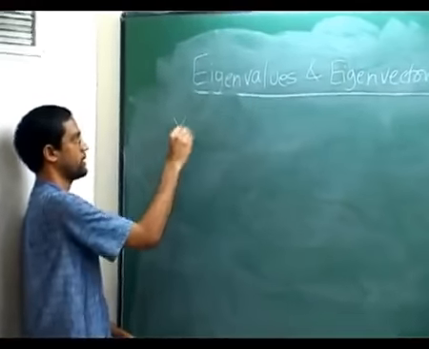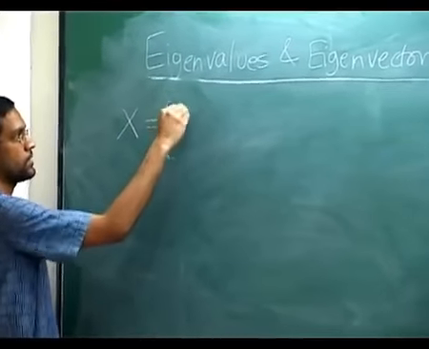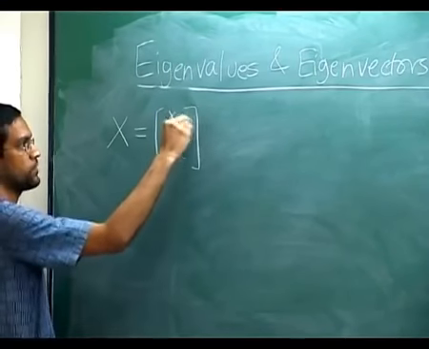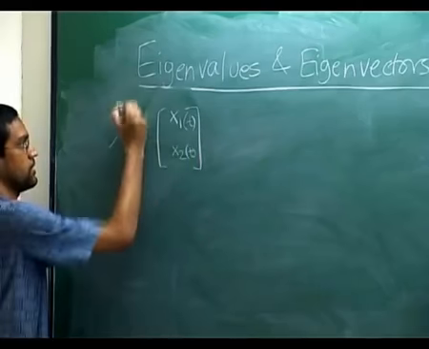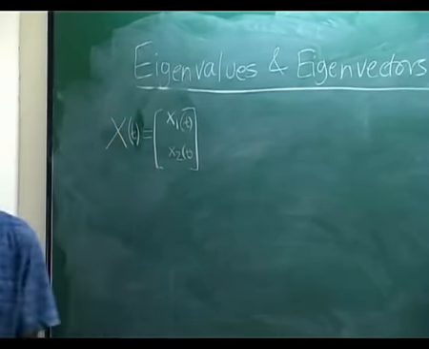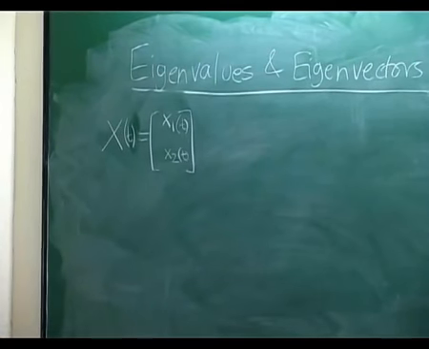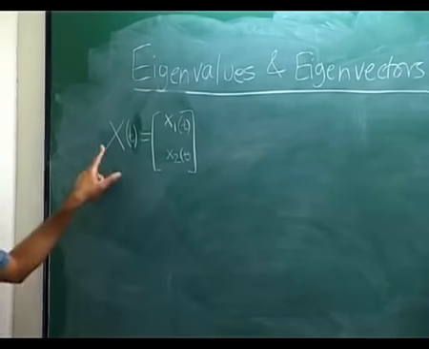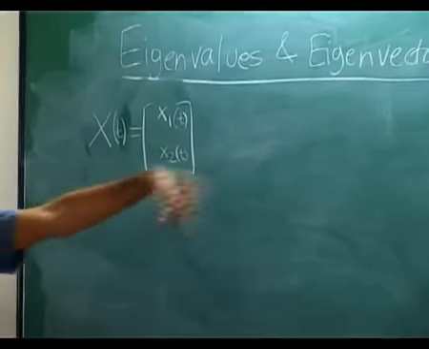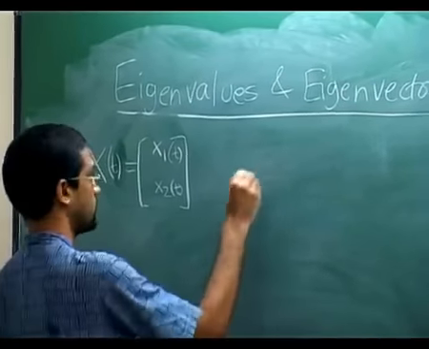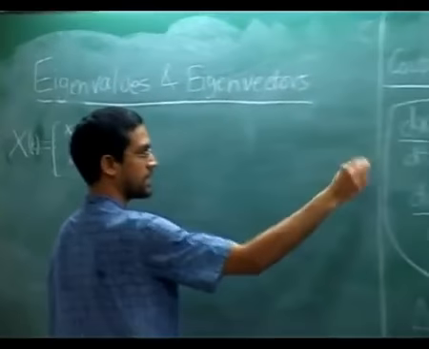Let's define capital X to be the column vector x1 of t, x2 of t. So it's again a function of t, but it's a vector valued function of t. You should think of X of t as a function of t, but the value is a vector. At every t it is a column vector of size 2. And this set of equations here you can think of as the following. So these two things I can equivalently write as follows: